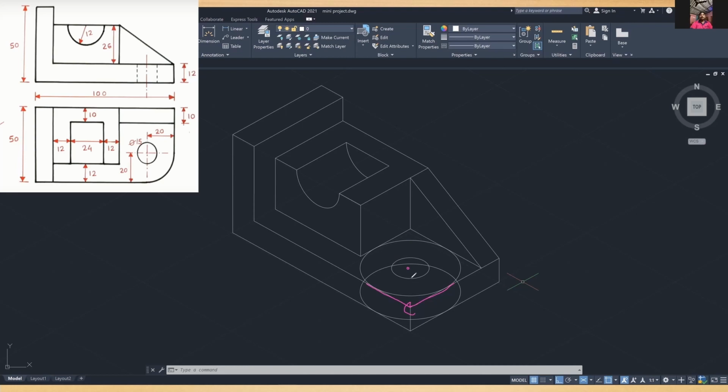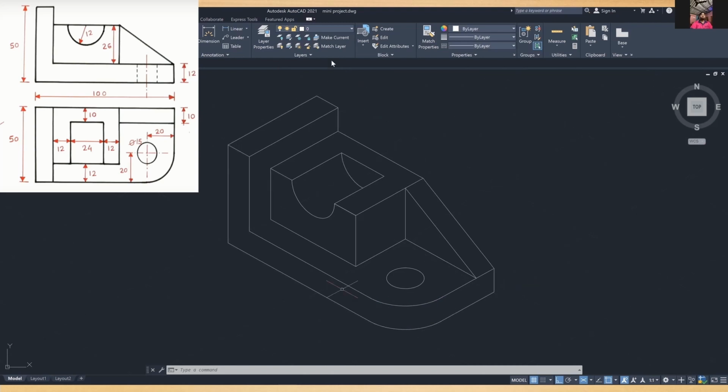We make another small isocircle of 7.5 mm radius with the same center. Then we copy the outer isocircle and paste it to the downside of the surface. After removing the unwanted line, we get this figure. This is the last figure of the sum, and here is the isometric figure of the given question.